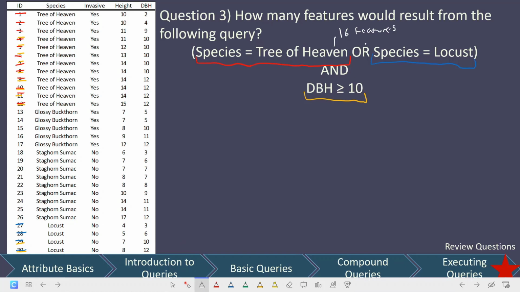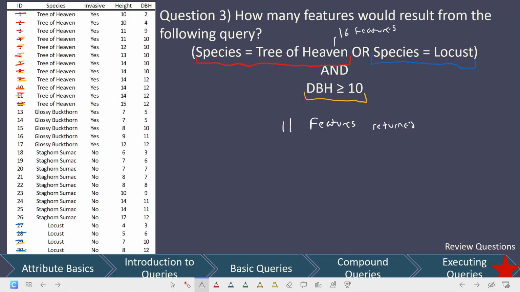So we had 16 that met the species requirements, but only 11. Let me just recount that to make sure. Yep. We only had 11 features